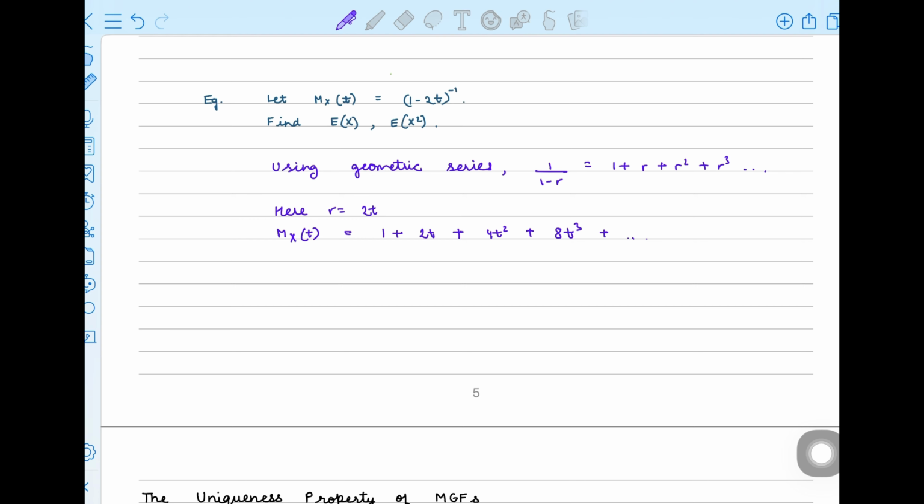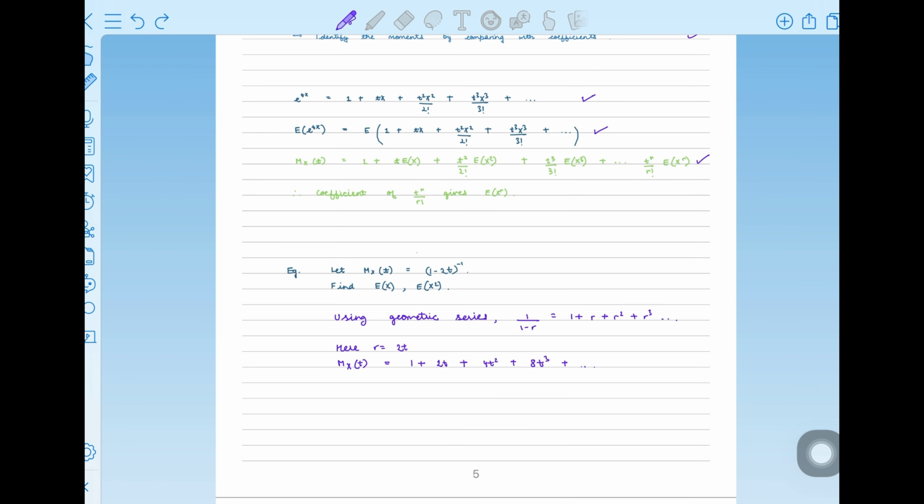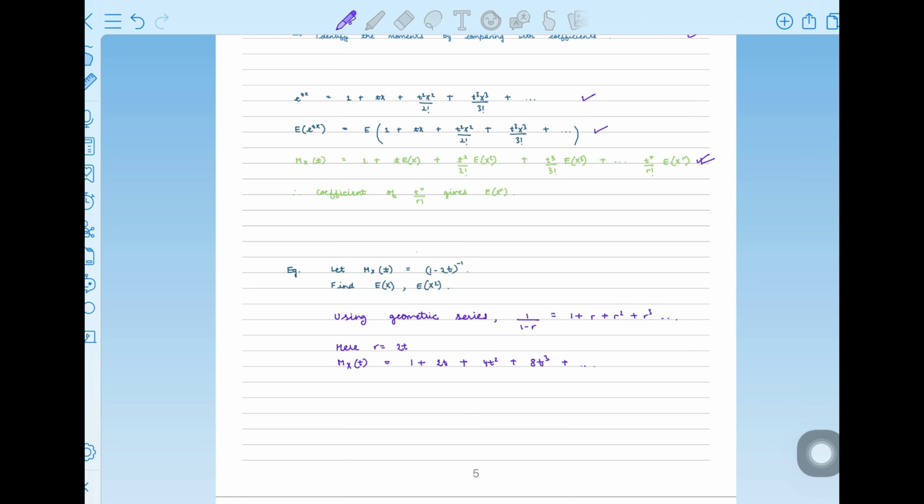Now, we compare this with the standard MGF expansion. This right here is the standard expansion. So, when we arrange this statement in the above order, we get